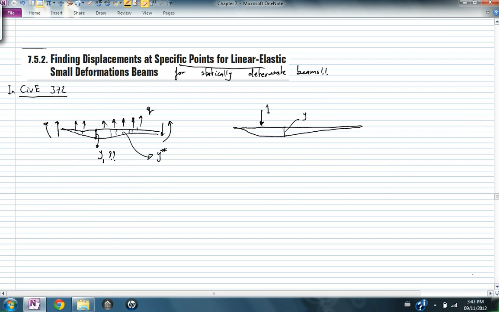And then I'm going to say the internal virtual work is equal to the external virtual work. The internal virtual work is equal to the moment produced by the first configuration, m1, multiplied by the second derivative of y star with respect to dx1 squared, integrated over dx1. And the external virtual work is equal to the forces, which is 1, multiplied by y1 star,